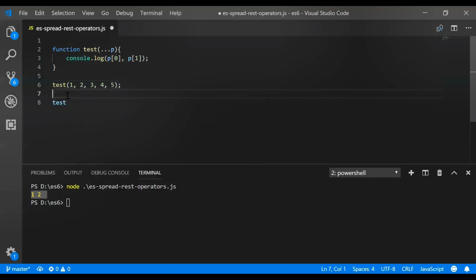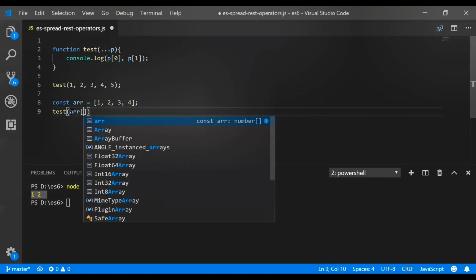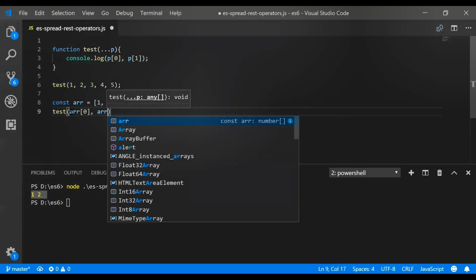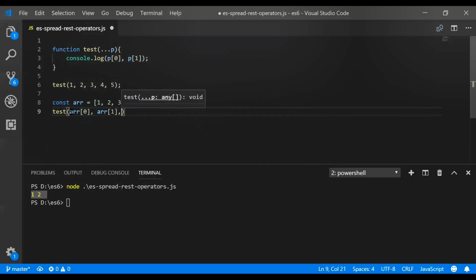So we will have a const array. We are having an array 1, 2, 3, whatever values you want to keep. And then what we are going to do is, inside test, generally without the spread operator, we have to pass it fully, right? We will pass array of 0, array of 1, array of 2.